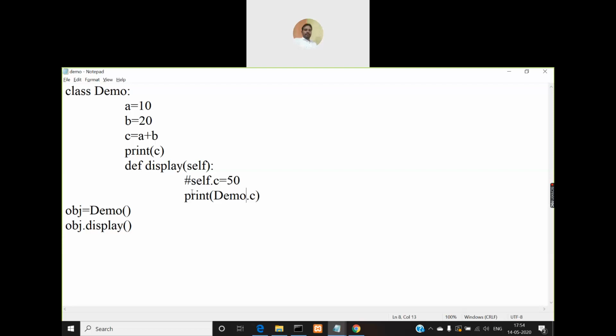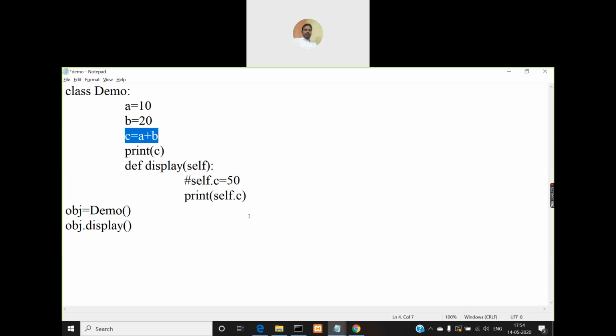So if there is an object variable created in your program, then that object variable value will be displayed here if you use self.c. Okay, and if no object variable is created like this here, then this self.c will refer to which one? This class variable c. Okay, so all these three are class variables, a, b, and c.